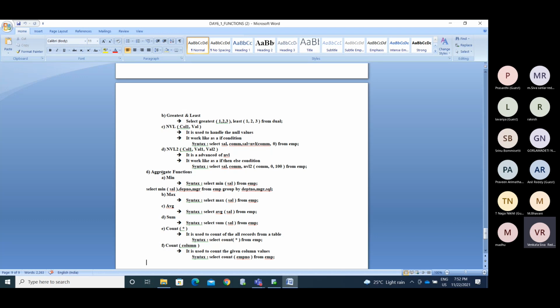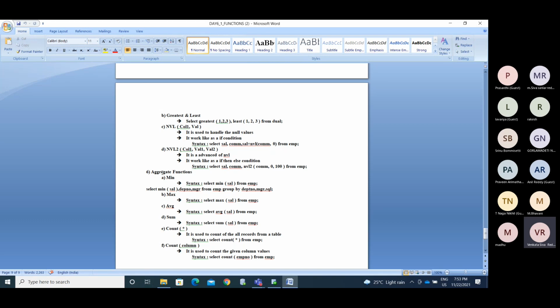If you want to sum all the salaries as a group, we'll use the sum function. If you want to average it, we'll use the average function. If you want to find out the minimum salary, we'll use the min function. Max, average, sum, count.